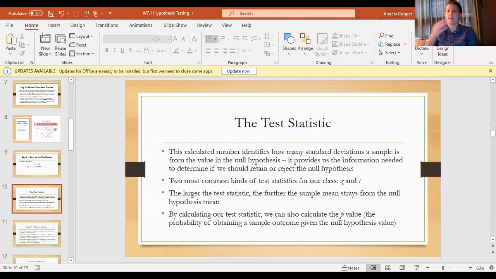So this essentially identifies how many standard deviations a sample is from the null hypothesis. It can be negative, it can be positive, at least for Z and T tests. Z and T statistics can be positive or negative. We know that Z statistics can be negative. For your homework, there was a negative